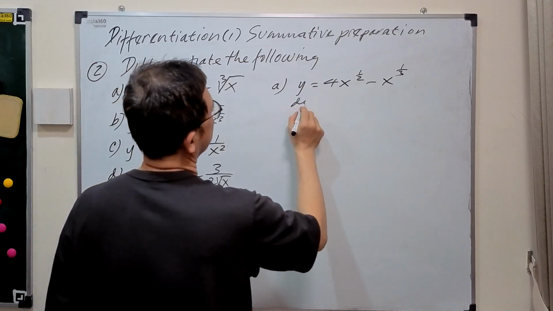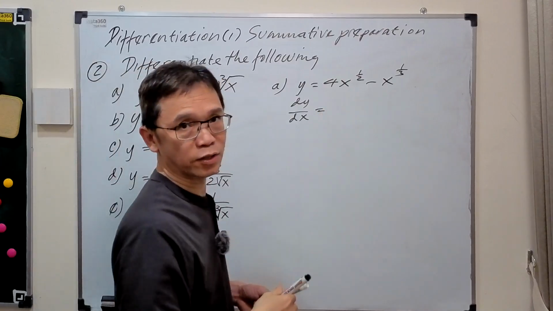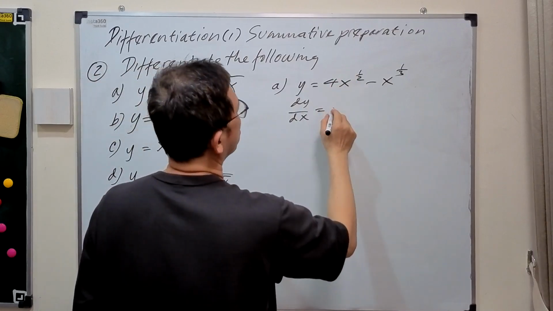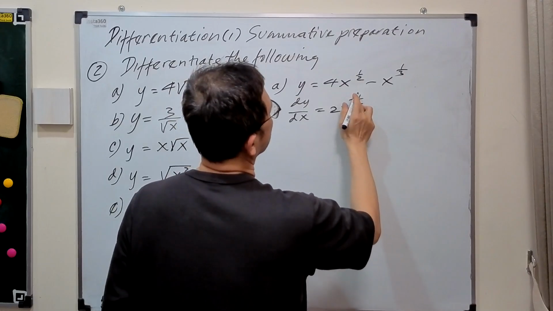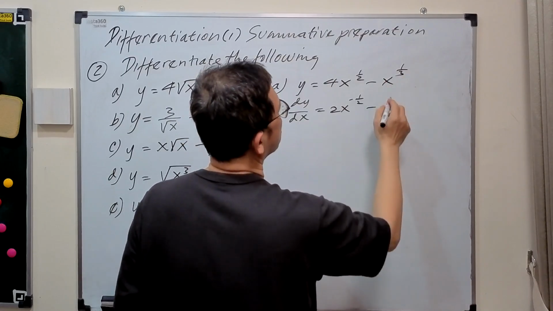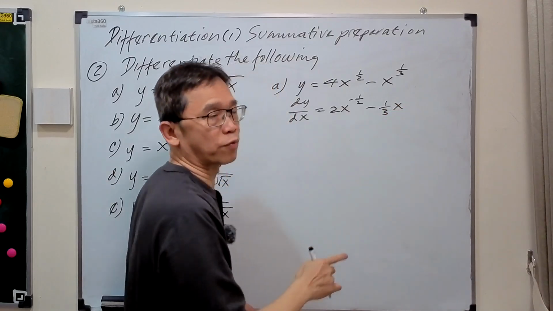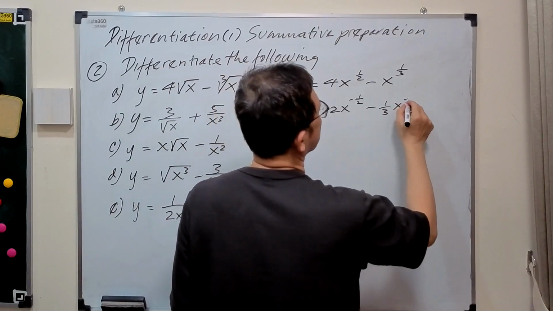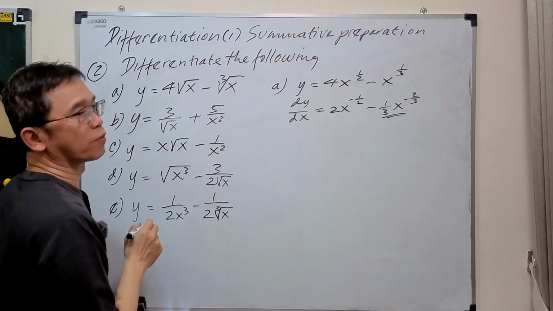Okay, then the derivative. This expression is now ready to be differentiated. So the derivative, this will be half times x to the power of half subtract by 1, we get negative half. So this will be negative half, minus 1/3 multiplied to the front. So this will be 1/3 x to the power of 1/3. If you subtract by 1, then you'll get negative 2/3. So this will be the answer for A.